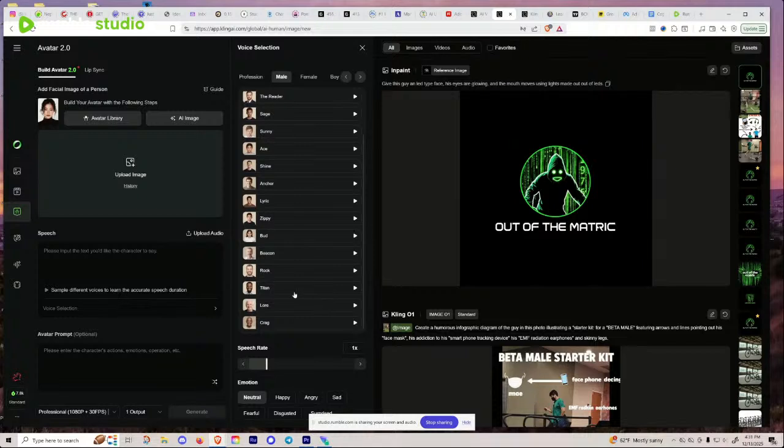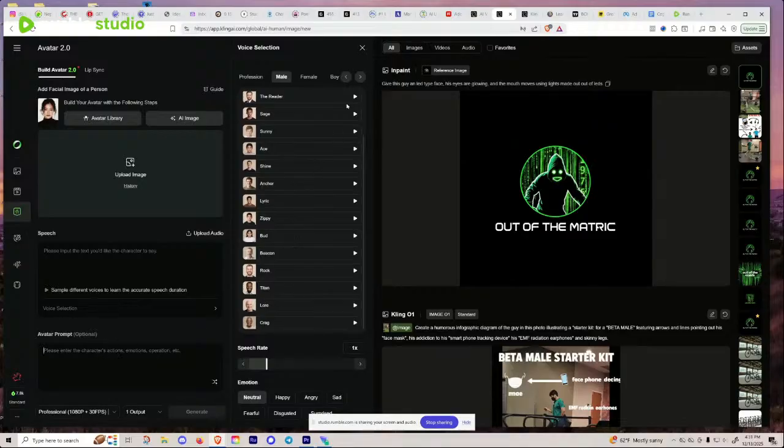So they have their own presets, and you can adjust different things like how quickly or how slowly they talk, and also emotion, if they're angry, sad, whatever. I like confident or something like this, but there's neutral right here, and you can adjust those settings here. That's built in, or you don't have to use 11 Labs. Pretty useful. And then the avatar prompt is telling it basically what it's going to do.